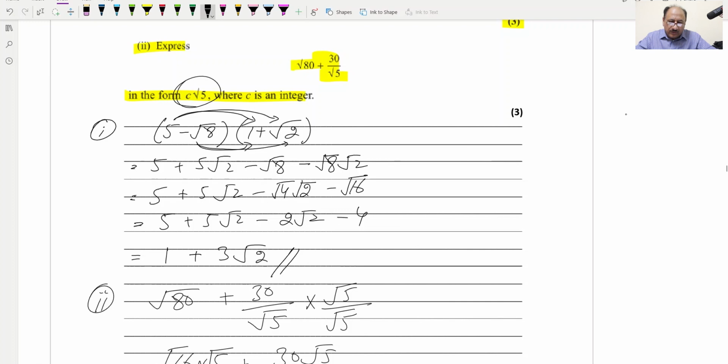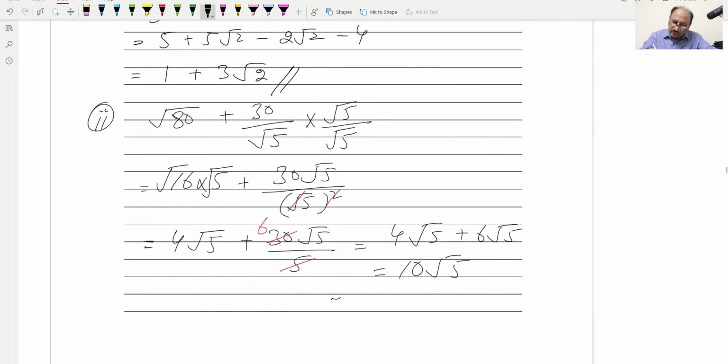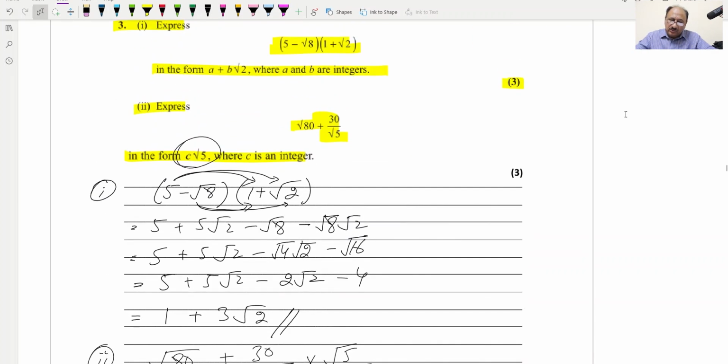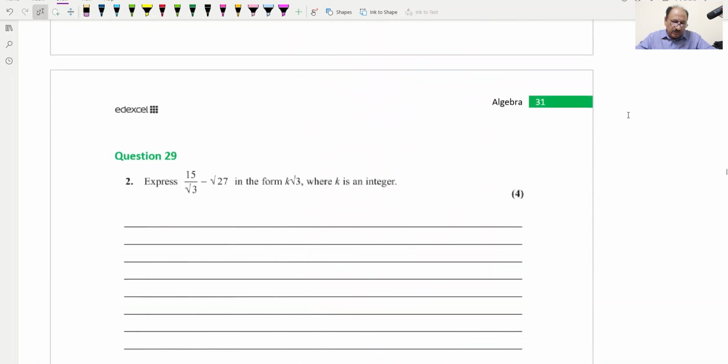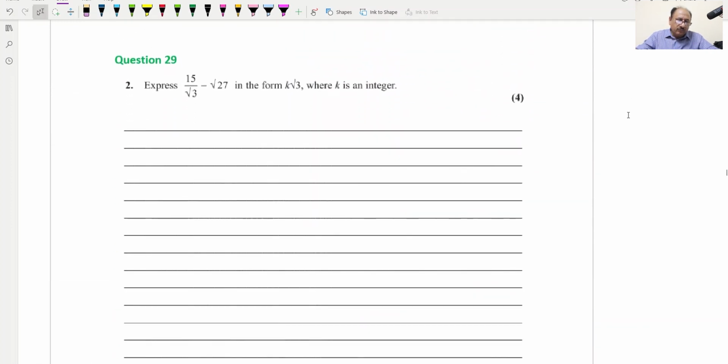They are saying in this format c under root 5, so the c value is equal to 10. This is what we have done, and this is our final answer for this question, which is of 3 marks. Hopefully you understood each and everything. Now we can move to question number 29 of the sequence of this topic quiz file,